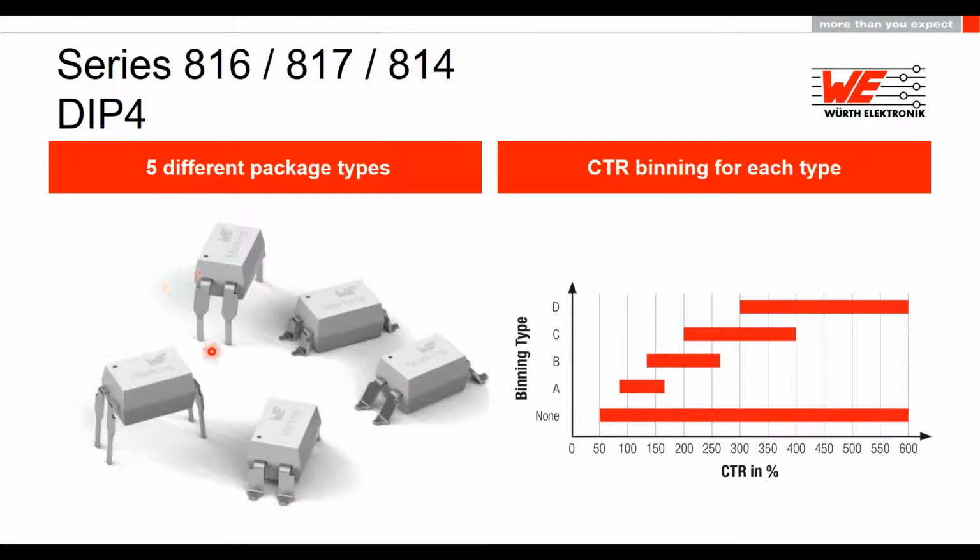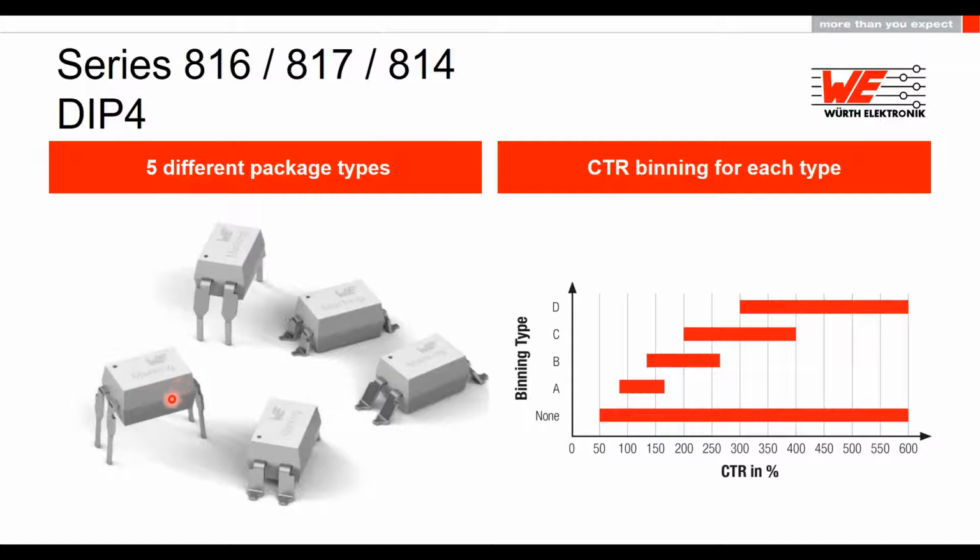And as you can see also on the left picture, the components are marked. They have a dot here, and the dot indicates the anode pin. So you have here the anode and cathode pin, and here on the opposite side, the collector and emitter contacts. And when you buy an optocoupler from Würth Electronics, you will see here on this picture also you have here